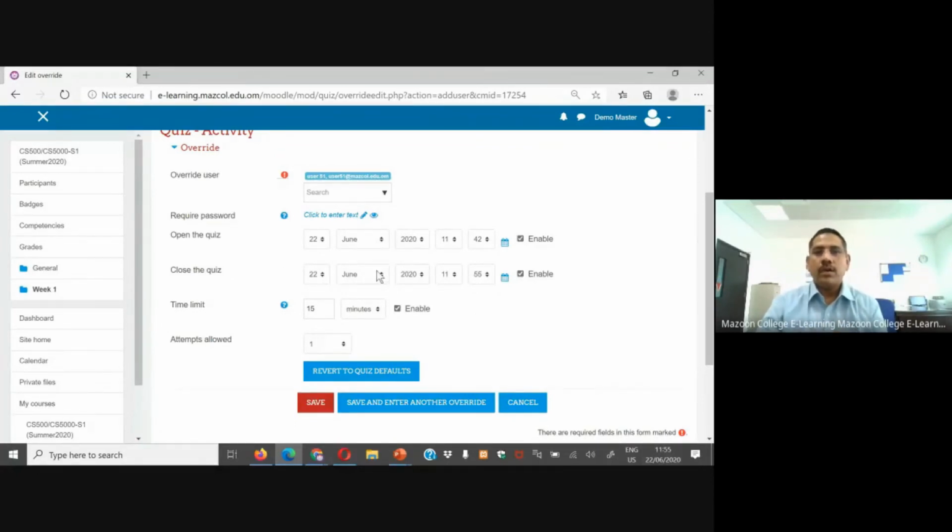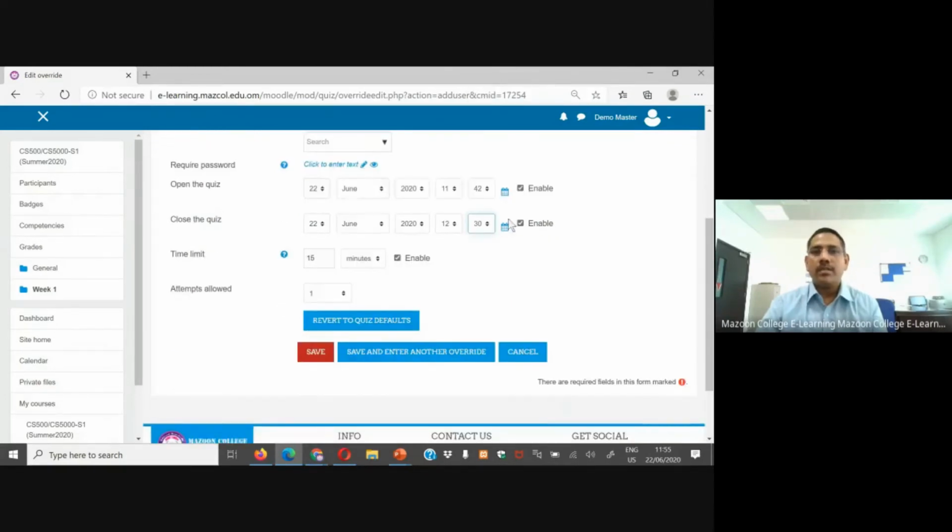For this student, we are going to give time beyond the 11:50 expiry. We are going to extend the time up to 12:30, so we are expanding the time by another 30 minutes. Now we are allowing it.